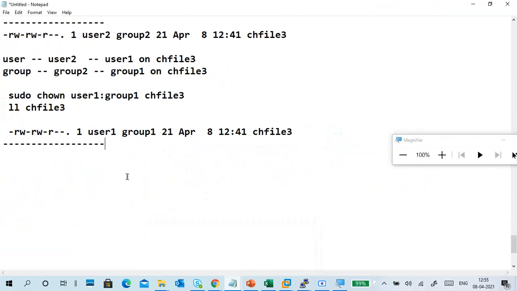So how much have I written here? chown we have written. On a directory, for example, chown -R, we use user1:group1, or anything like user2:group1, on dir1, and we verify with ls -ld dir1, anything, you can verify.